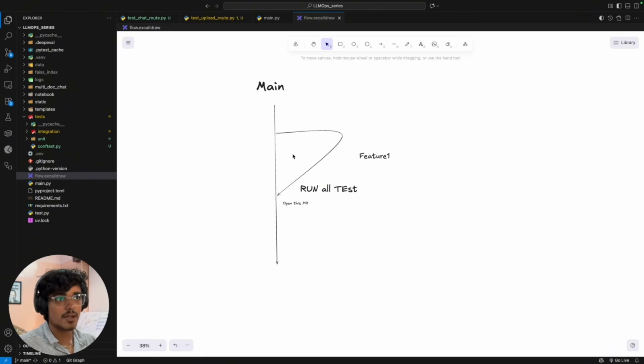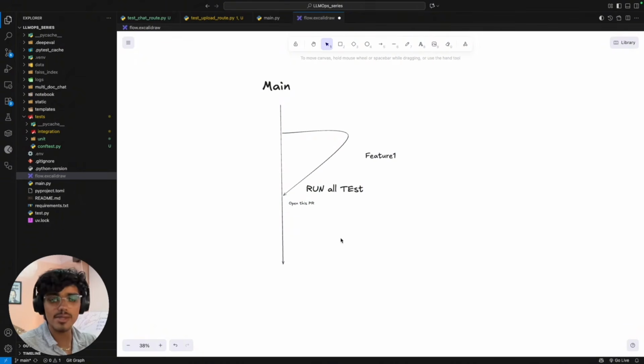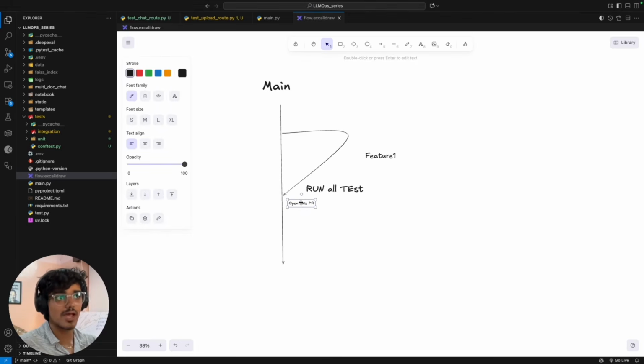But after opening the PR, for example, if someone approves it. What does approval of a PR mean? It's basically saying that someone in your team, or you yourself, are saying that okay, the code is looking fine at my glance, at my review, and I am approving that feature one will integrate properly in this main branch, in the code which is present in the main branch. So once I approve this PR,